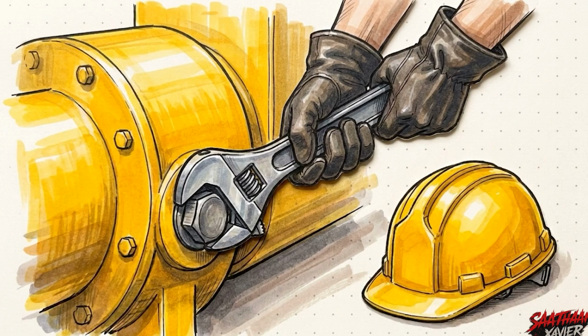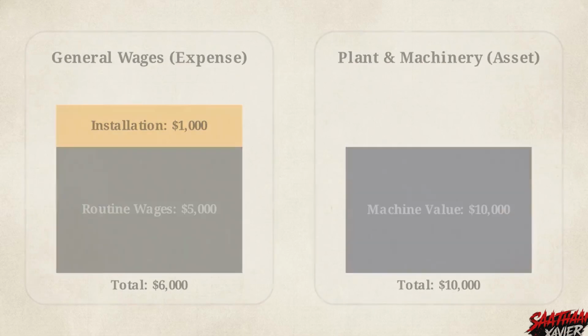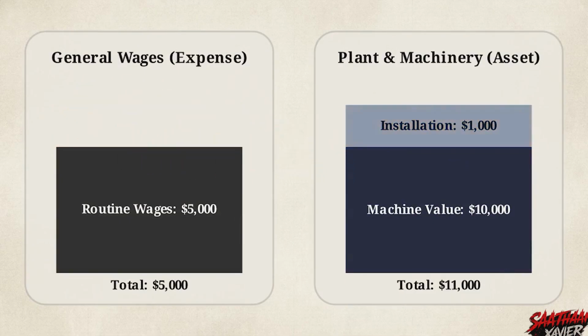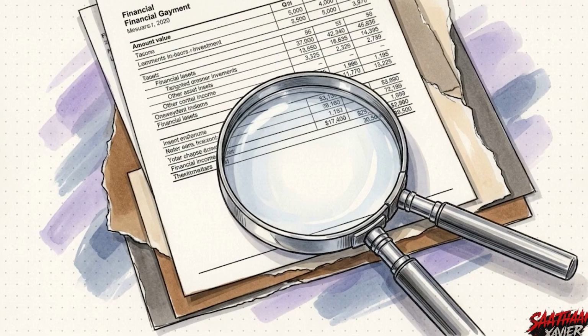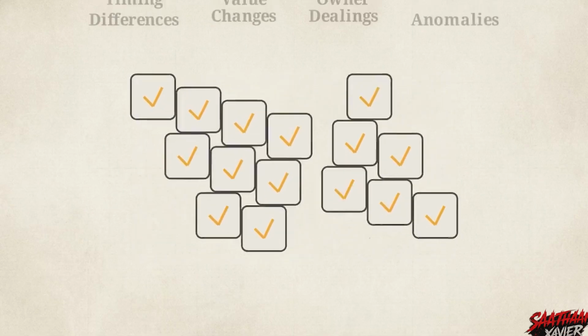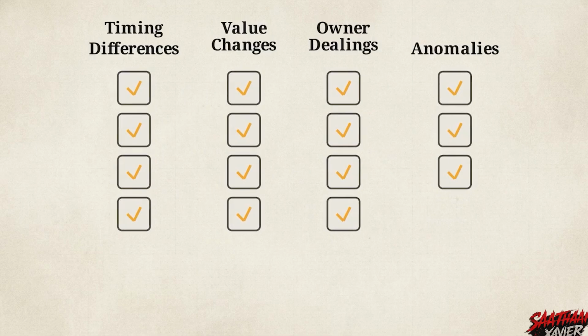These are the 15 crucial year-end adjustments. This matrix organizes those 15 adjustments into 4 categories: timing differences, value changes, owner dealings, and anomalies. The golden rule is strict. Unlike trial balance items, adjustments have a dual aspect. They split and impact 2 different places to keep the accounting equation intact. By combining rectifications of the past with adjustments for the present, the accountant creates a verified set of records ready